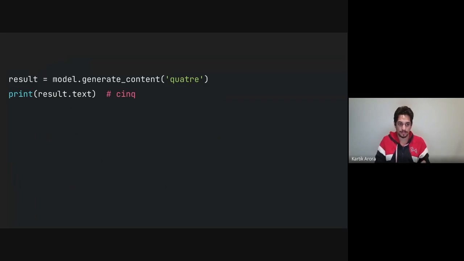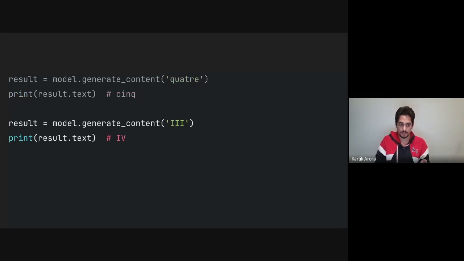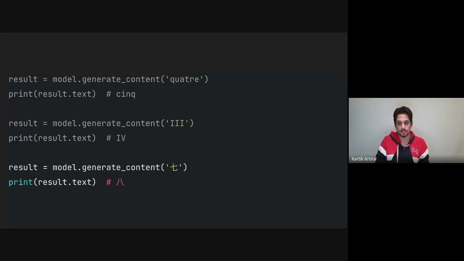I asked it a question in French, and it responded in French. So it understands what I'm asking for without me having to write a full sentence. And if you go and check the JSON file later on, it only has English words or English characters in it. It understands Roman numerals. It also understands Japanese characters. Take my word for it, these two Japanese characters are correct. I don't understand Japanese, but I've checked it multiple times that yes, this trained model is returning me the right answer.